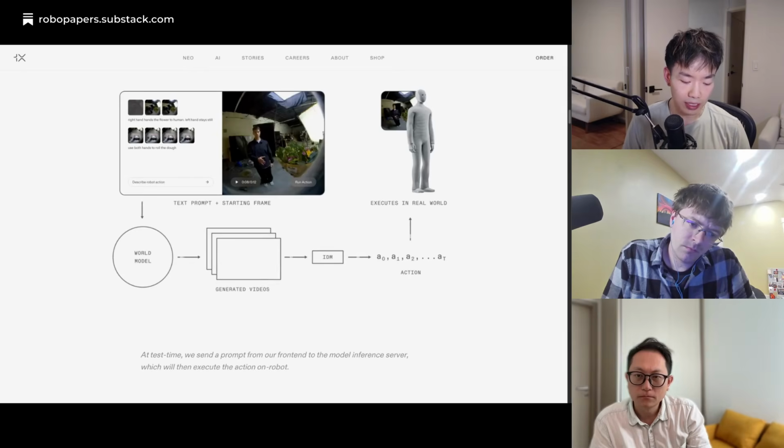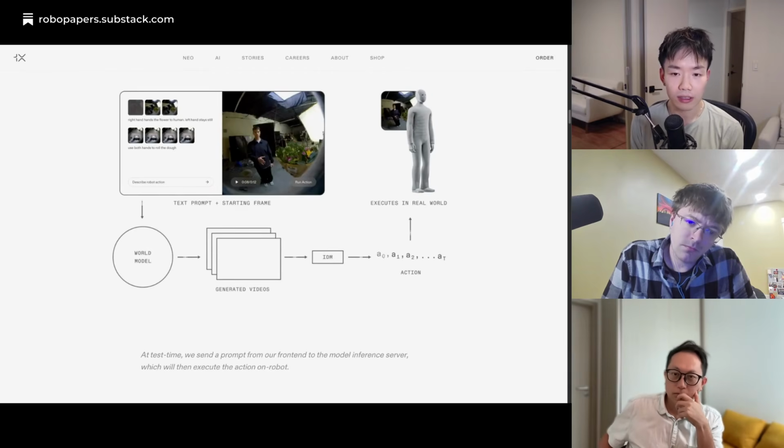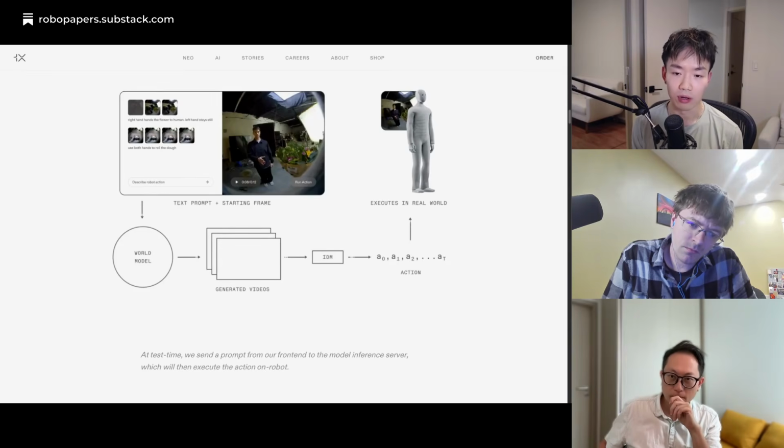The current model today takes between 10 to 20 seconds to run end to end. I think if you use the best hardware, it's around 11 seconds to inference. It predicts about 5 seconds of video. So it's running synchronously, right? It's not running in async mode. It's not like a closed loop rollout where you take actions continuously with the robot.